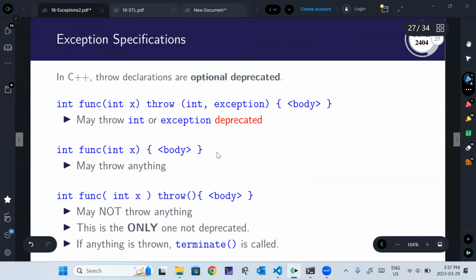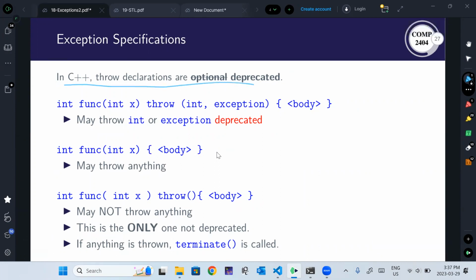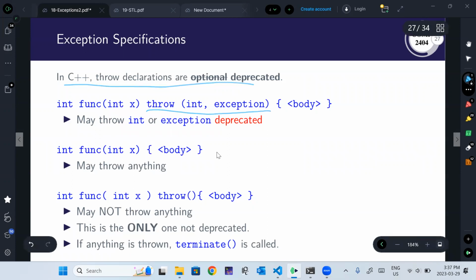Oh, yes, we will talk briefly about this. So in C++, throw declarations are deprecated, right? We used to use an earlier version of C++ where they were not, and then I think last semester I tried them again. It updated. So yeah, these are deprecated now. You can't use them, but you might see them, right? If you're working on an older code base, you might see something that looks like this.